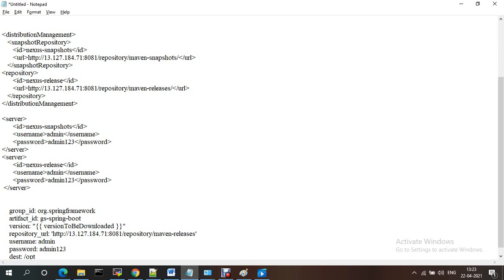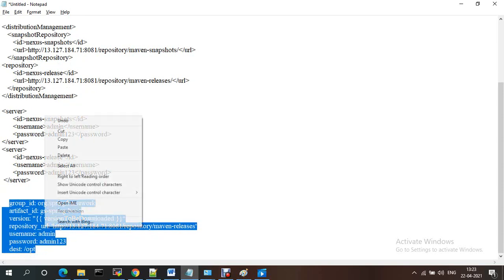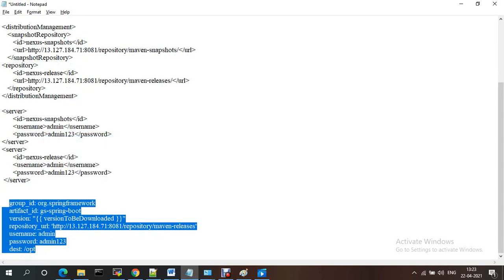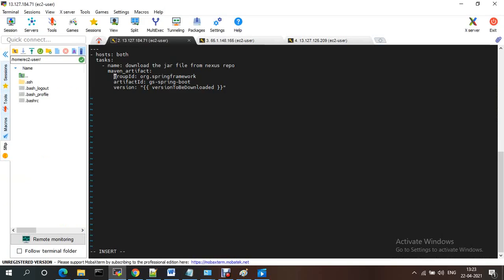I'm taking these things. So what I will do is download these files and move them to the OPT folder on that dev server.